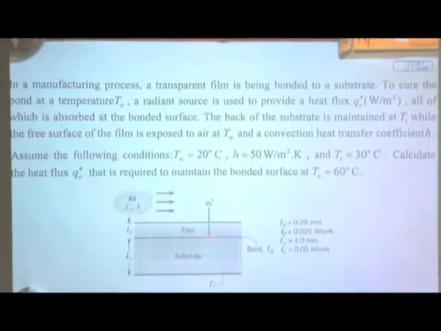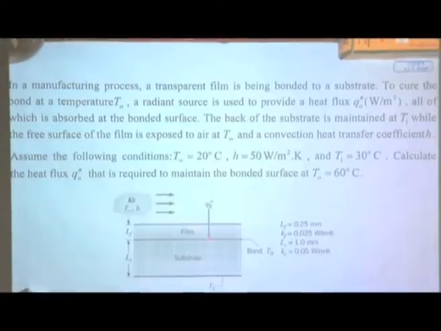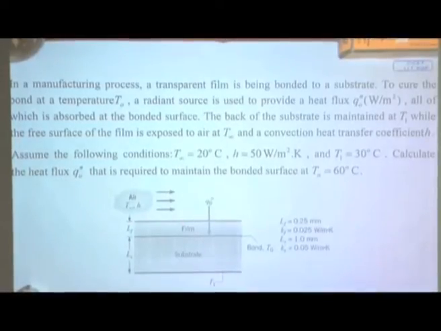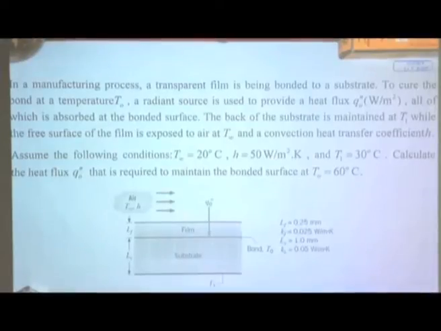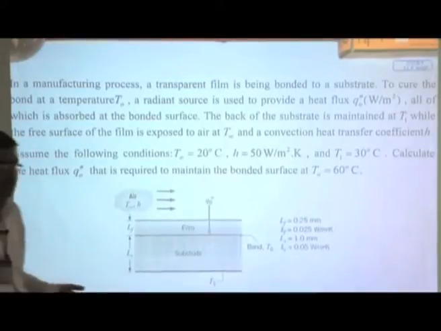Then heat is divided, this q0 dot, into two parts. One part is going in series, overcoming this conduction resistance in the film, then overcoming the convection resistance in the air film over the film surface. And another part is going, overcoming the conduction resistance in the substrate. This is simply the problem. Alright. Any question?